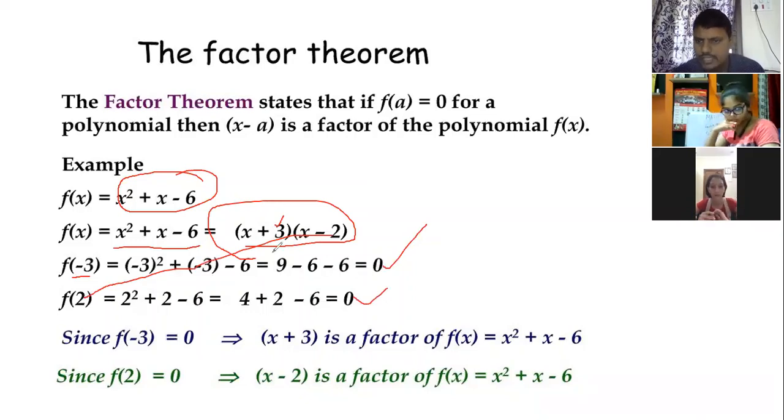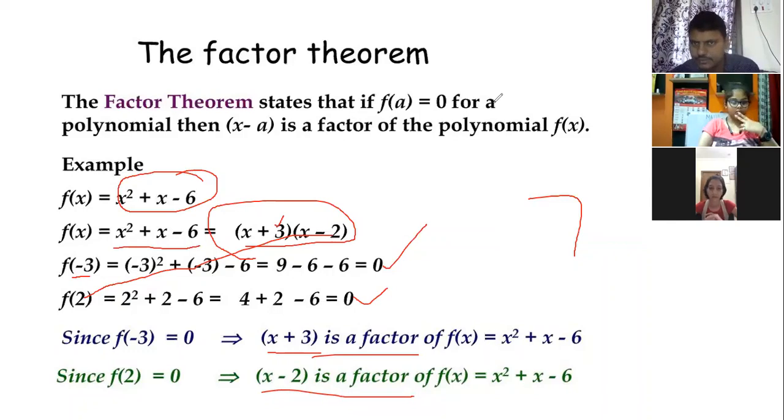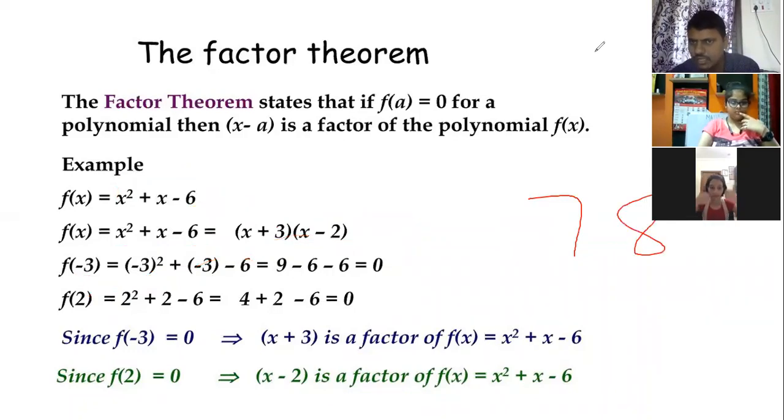That means these both are factors or not? x plus 3 into x minus 2. That's why they are indicating that. Previously, in the starting slide, I showed you: x minus a, x minus b are factors of p of x, and p of a and p of b equal 0. Like this. Factors, if you substitute in the polynomial, you will get answer 0. That's why x plus 3 is a factor, you are getting answer 0. Or you are getting answer 0, so x minus 2 is a factor. Clear? Yes, sir. Yes.